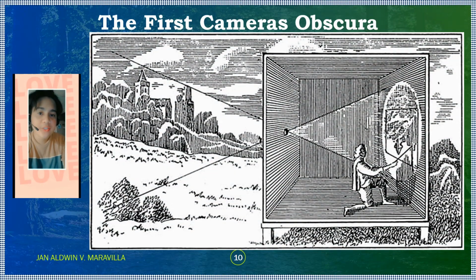So look on your screen. The first camera obscura used a pinhole in a tent to project an image from outside the tent into the darkened area. It was not until the 17th century that the camera obscura became small enough to be portable. Ibig sabihin, noong 17th century, pinaliit siya para mas handy siya or madadala kahit saan. Basic lenses to focus the light were also introduced around this time.